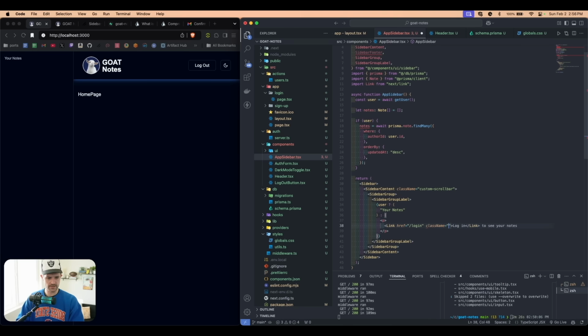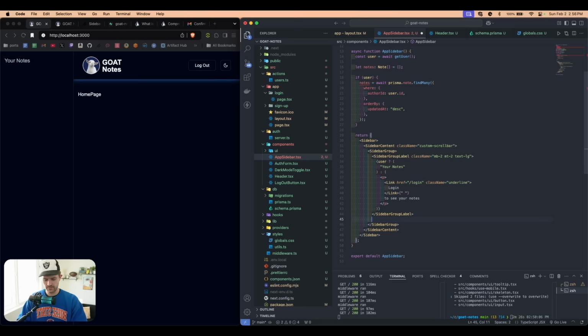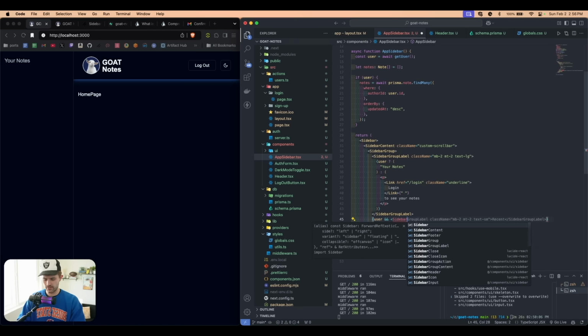We're going to say class name. We're going to say underline. And then instead of this space, we're going to just make it one word. And then we're going to come to this sidebar group label. We're going to add a little styling. We're going to say a margin bottom of 2, margin top of 2, and text large. And then below this, I'm going to say, if there's a user, we're going to display sidebar